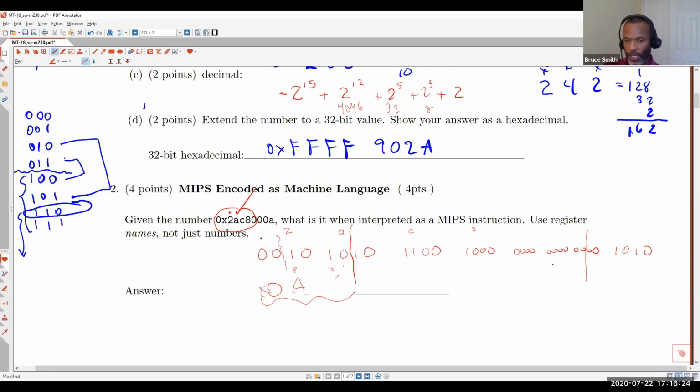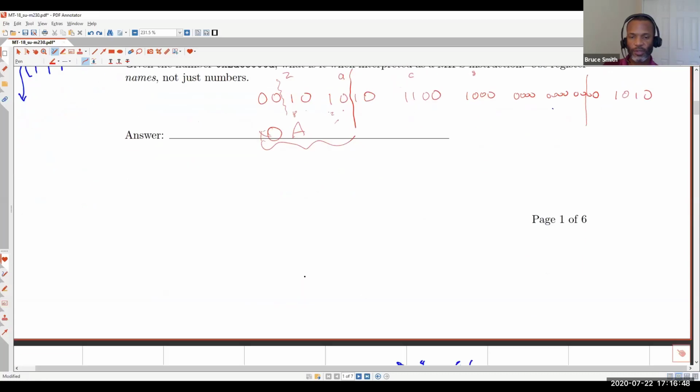So you have to be really careful, but as long as you convert it to binary and grab the 6 bits, it will help you figure out what the instruction is. So now that we know that the opcode is a 10 or hex 0A,